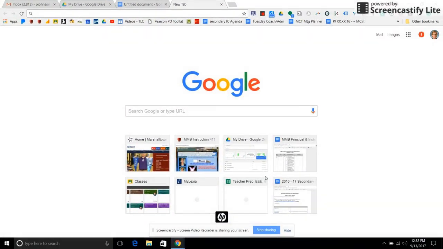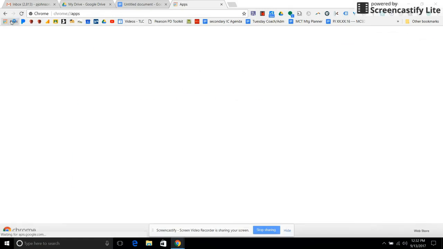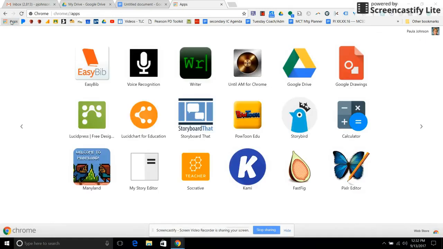Today, I am going to show you how to use LucidChart for education. LucidChart can be used one of two ways. It is both an app as well as an add-on to Google Docs and Google Sheets. So first, the app. Once you add LucidChart through the Google Play Store, then it shows up under your apps,